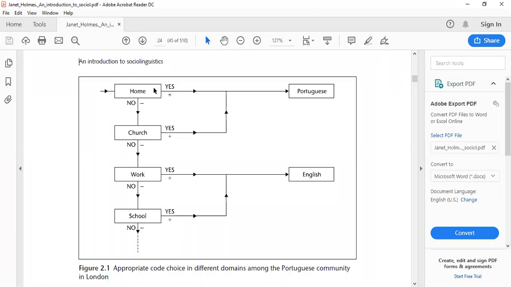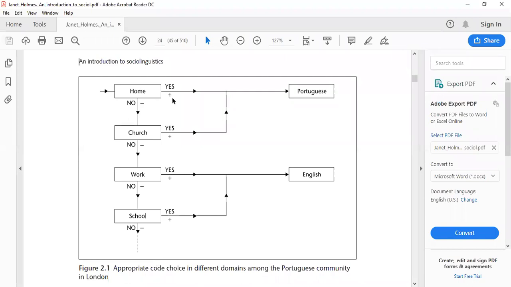So when you are analyzing, or when you are making this model for any speech community, let's suppose we take the example of the Pashtun community. Those residing in Pakistan, or in Peshawar, or in any other place, it would vary from place to place. We have Pashtun or Pathan communities in Afghanistan as well, but their model would be different from the people who are residing in Peshawar. So if you look at this example of the Portuguese community residing in London,